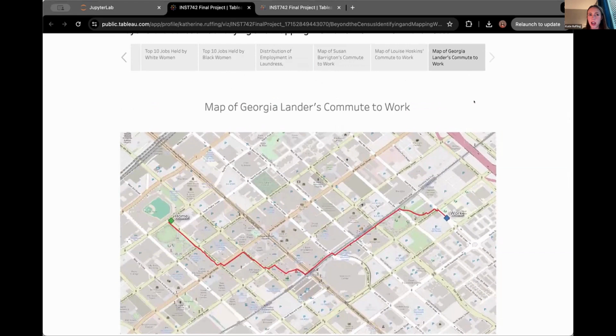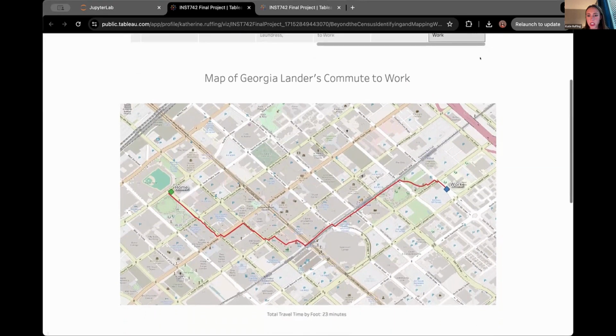And it did make me think about not only are people limited based on the jobs that they can get or the jobs that they want to apply for, but also they are limited by their ability to get there. And it definitely made me think about that a little bit further. And I think this is something that people can dive into on a deeper level, just to think about the limitations of transportation and mobility, specifically when you consider location. So that was definitely something I wanted to